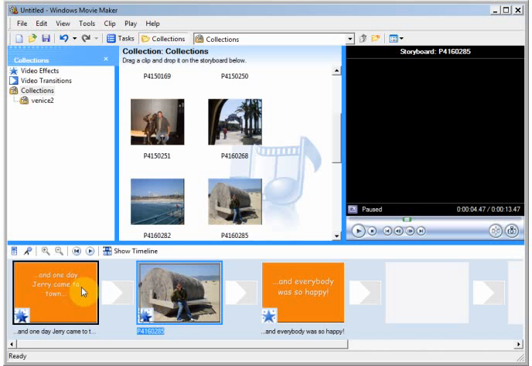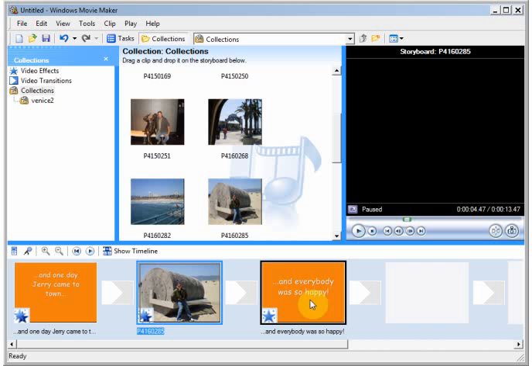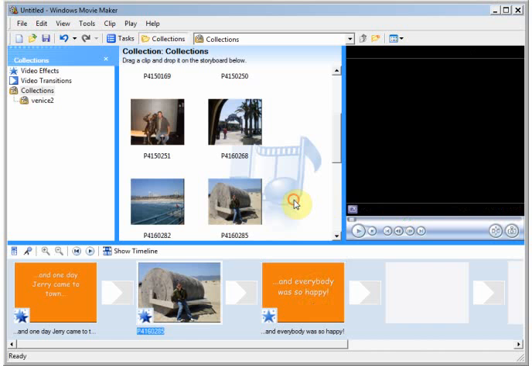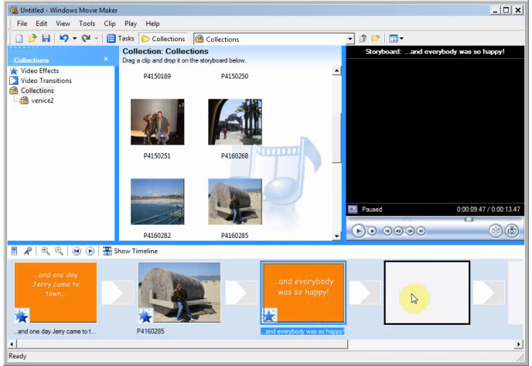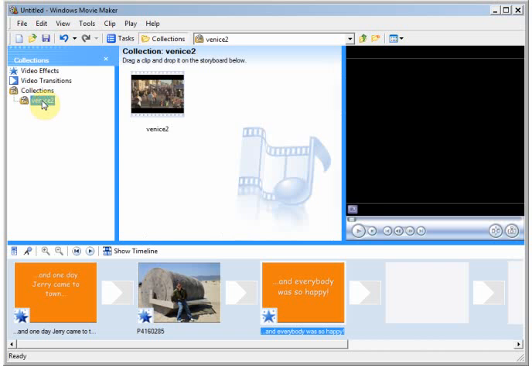Okay, so this will fade into this text block and then fade out and then fade into Jerry's image and then fade out and then fade into this new text block here. So what I'm going to do after this is I'm going to add a little video clip right here. So I'm going to go to my video,